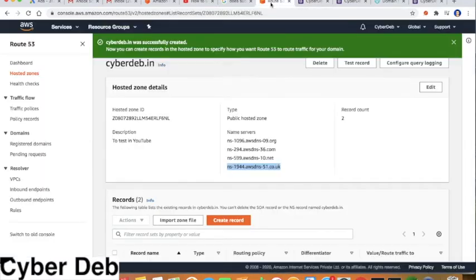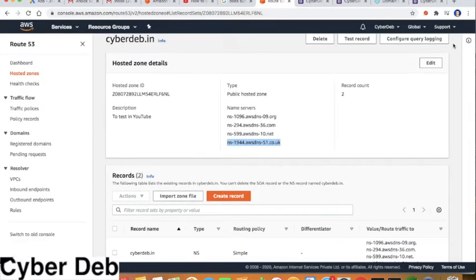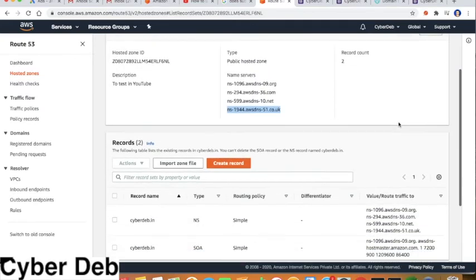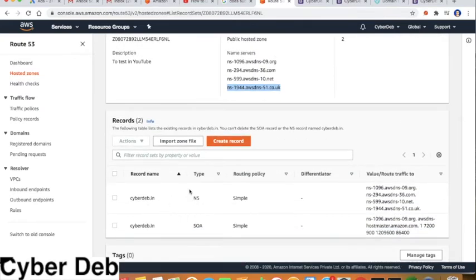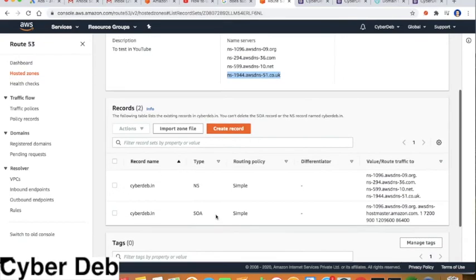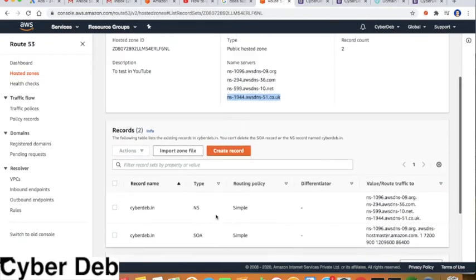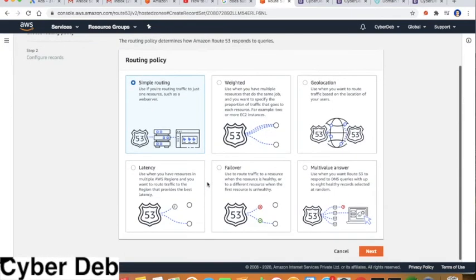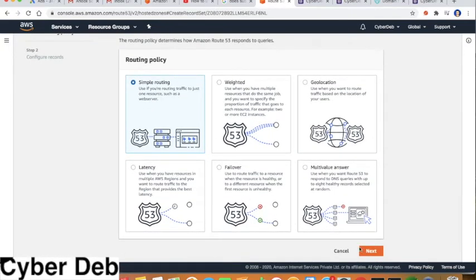So let us go back to the Beanstalk instance. In Route 53, I have created this hosted zone. By default you will get these two types of records, NS and SOA. Now we will create another record, because we have yet to map the Beanstalk instance.